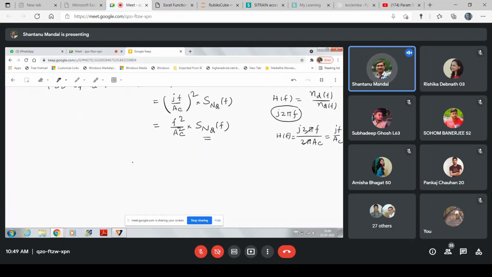So in the previous class I drew the power spectral density of the quadrature component. So if we draw this,